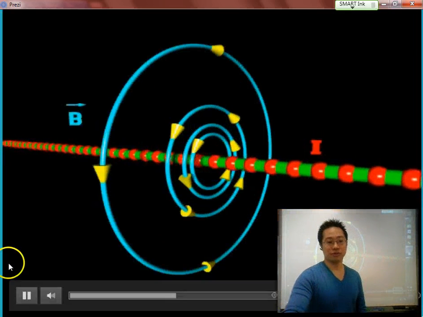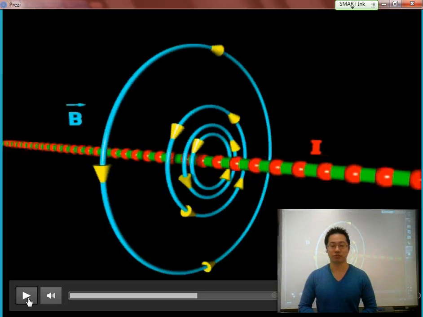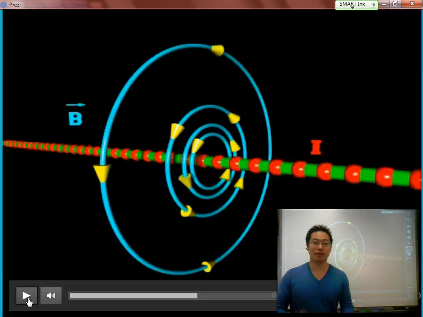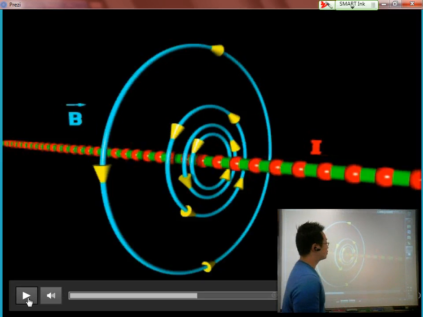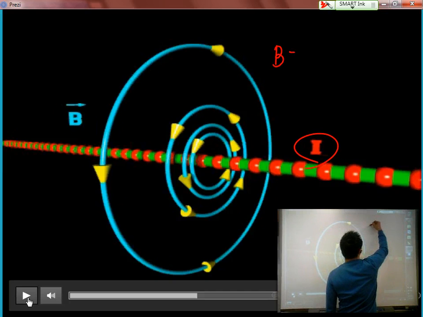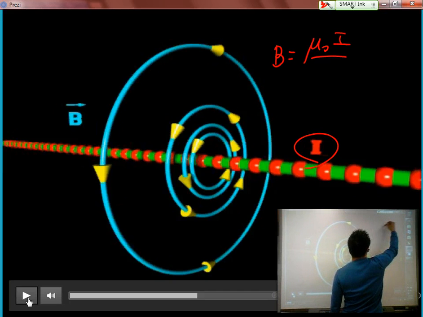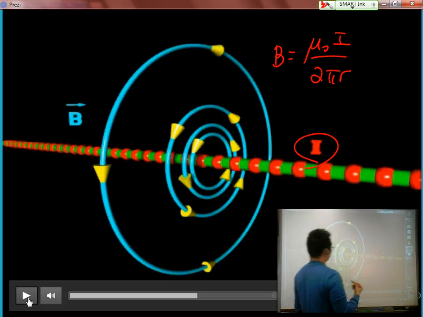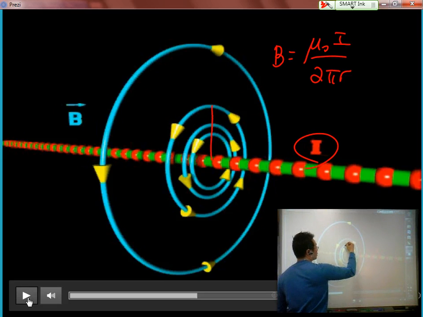Okay, we'll pause this for a moment over here. Again, we can now calculate the strength of the magnetic field at any distance away. We have a certain current that's given to us, and B was simply equal to mu naught I over 2 pi r. R is the distance away from the wire itself,